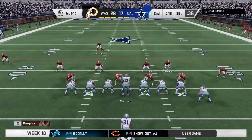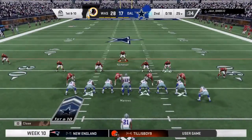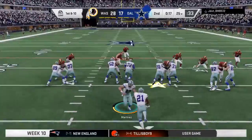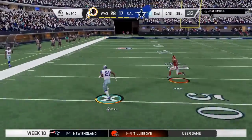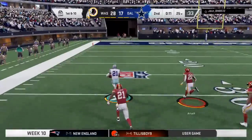About set for this next drive by the Cowboys offense. We're under 20 seconds to go in the half. I'm guessing the wise play here is be safe. That is the wise play, because if you think about trying to fool the...